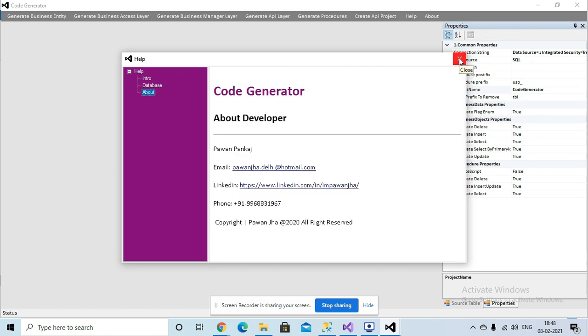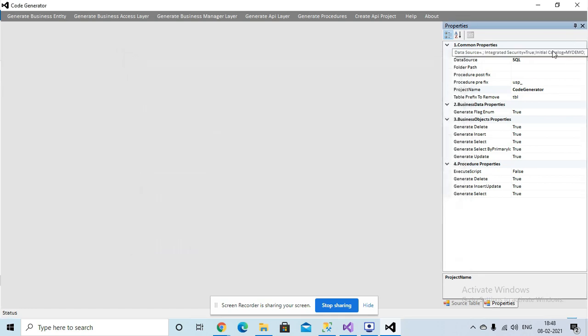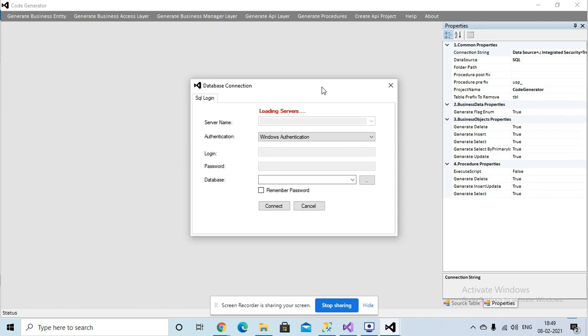I'm just going to give you a demonstration of how this will help you generate automated code for your CRUD operation. So here is a connection string. First you need to provide a connection to your database. Here I'm providing a connection to my database. Here you can use Windows authentication as well as SQL Server authentication.